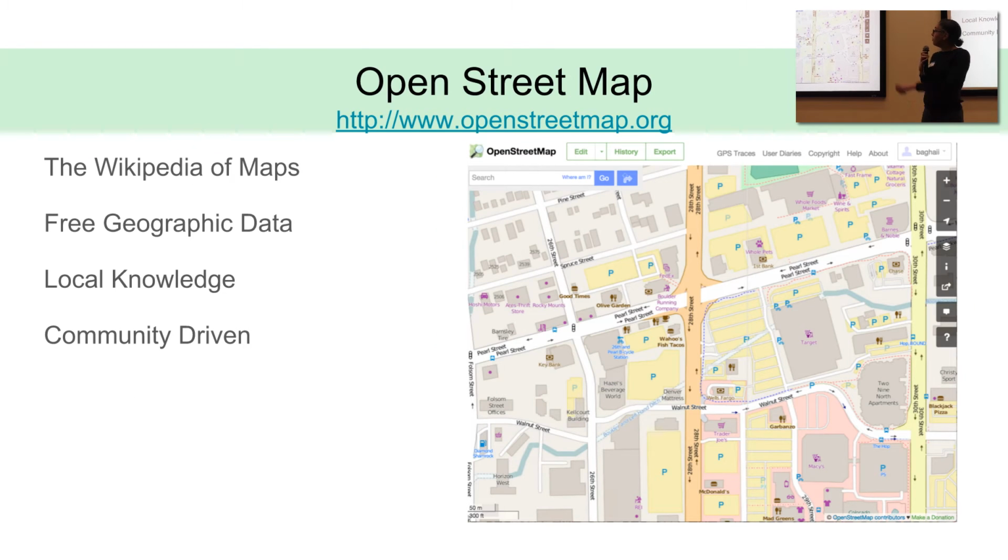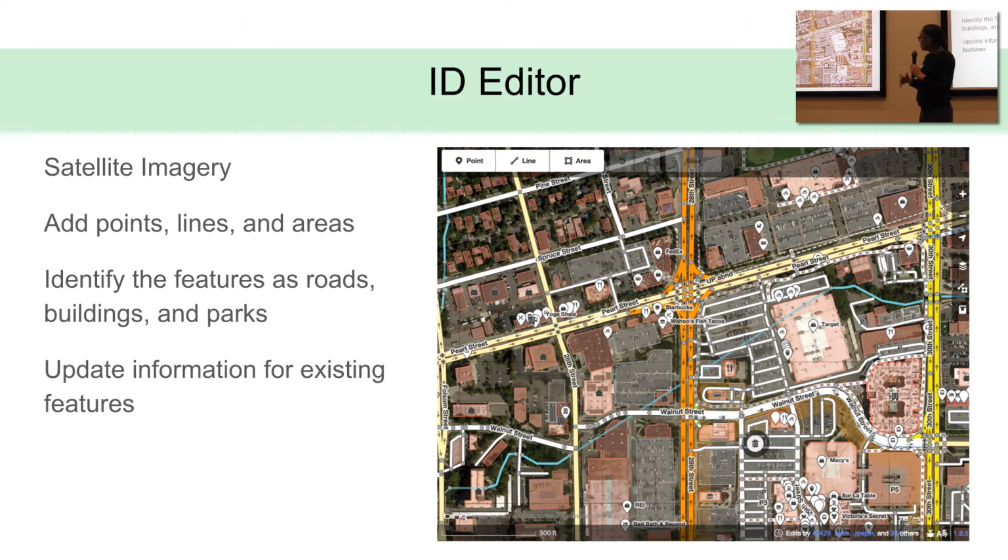So you go to OpenStreetMap, you create your account, and it looks like this. In the next slide, I've hit the edit button, and you can see all the lines making up the roads, the dots that make up the businesses, and the little pink buildings everywhere. You could select one of those buttons at the top and put a point, a line, or an area on the map. Each of those things has a context-sensitive menu. So you select your area, and there's an option to automatically square the corners, so you don't have to worry about doing this perfectly every time.